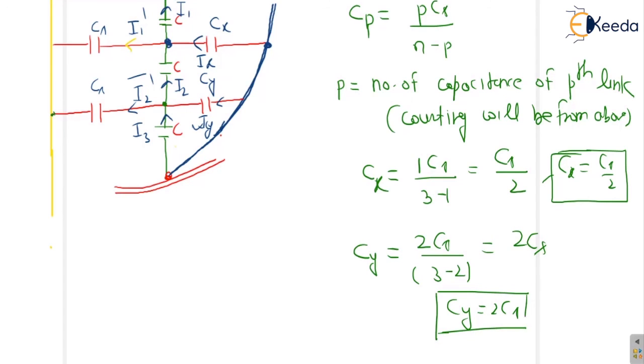So this is how we can improve the string efficiency using a guard ring. Generally we can use this formula to fix the values. It will depend on the distance of the guard ring and the insulator, because if you change this, the Cx and Cy values will change accordingly, and the current will change. So we have to be very careful about the position of the guard ring with the insulator string. So here it is all about the methods to improve string efficiency.